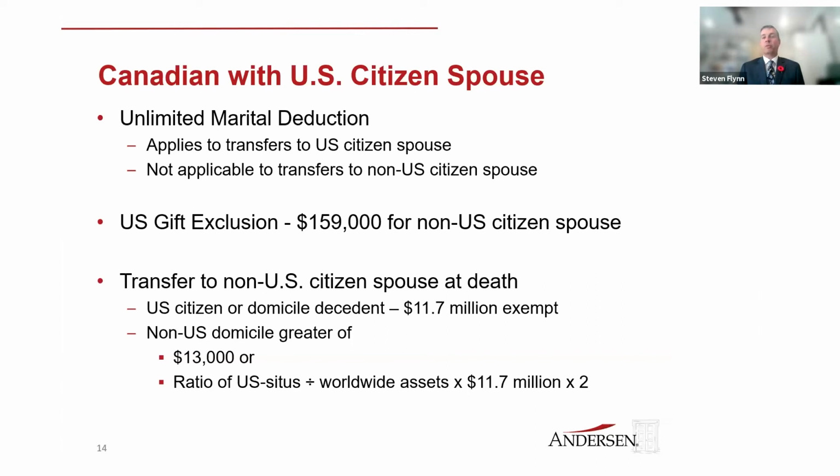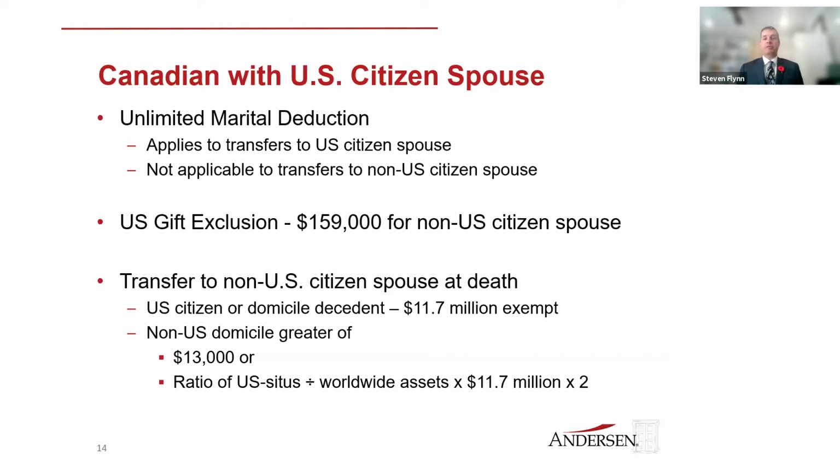However, that's not true if one of the spouses is not a U.S. citizen. In that case, on an annual basis, the U.S. citizen can transfer up to about $160,000 a year. It's $159,000 on the slide. It changes for inflation every year. So they can transfer that to their non-citizen spouse without any gift tax, without having to file any tax forms, without having to use any of their lifetime exemptions. So that gives them an ability over time, if you did it over 10 or 20 years, to transfer a couple million dollars from their assets to their spouse,